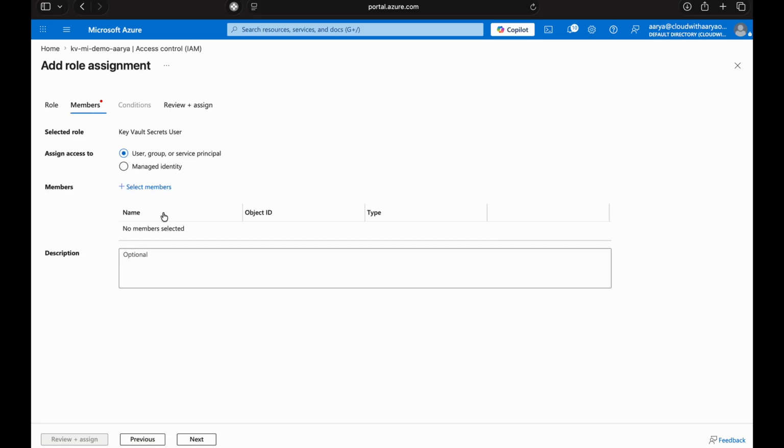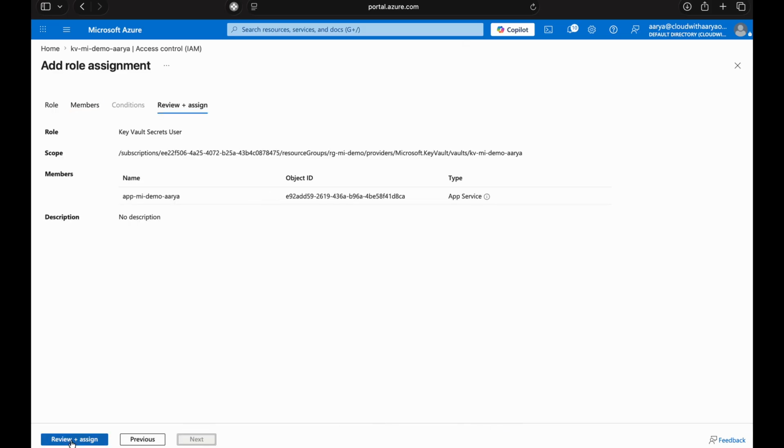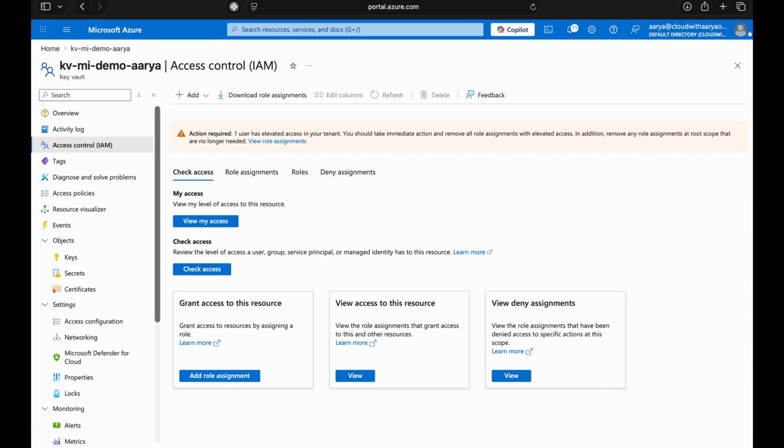So next we'll go to the members, and in the members you can see that we can assign access to a user, a group or a service principal, but what we just created is a managed identity. So we'll click on managed identity, then select member. In the member we would have only one identity, it's assigned to the web app, and then select and next, review and assign. So now the access is assigned, and now we'll finally test the solution if we can access the secret from the